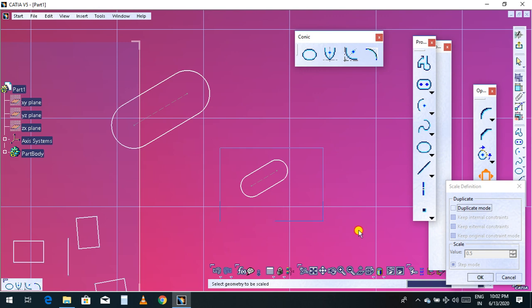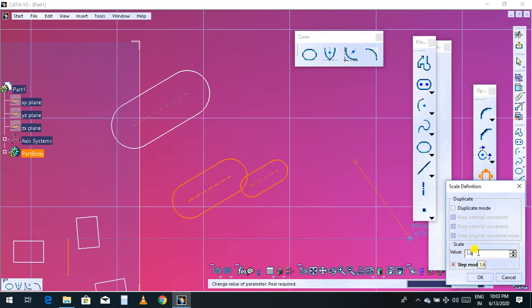So now select this. Now it is asking where you want to scale. Suppose I want to scale at this point. Now it is asking how much you want to scale. You can give a value here, or else you can drag your mouse backward, left and right, and the value will increase or decrease.